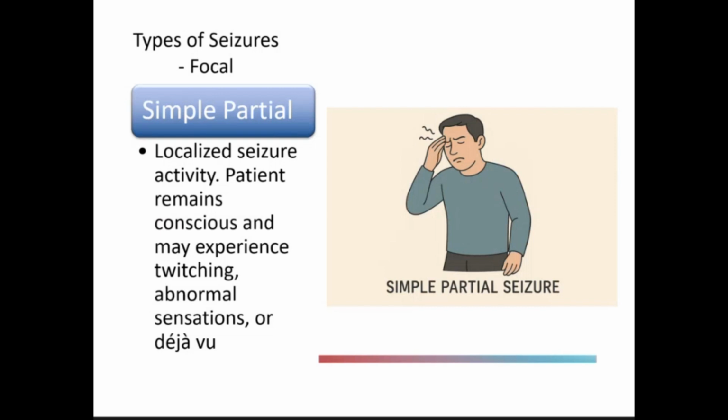Tingling, vision disturbances, abnormal taste and smell. What's that sound like to you? What could that be? Somebody says their left arm's tingling. Stroke. Exactly. And that's the thing about medicine: a lot of our big hitter diagnoses could be mistaken for other diagnoses. So that's when getting history on these patients gets really good. Events leading up to it for your seizure patients is huge, and also knowing their medications.